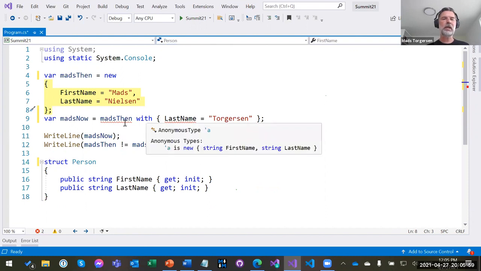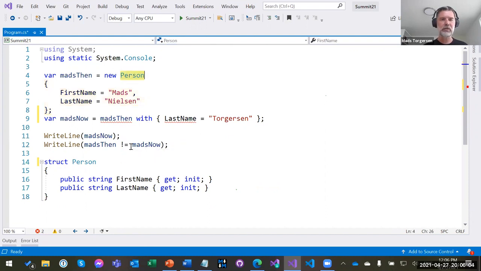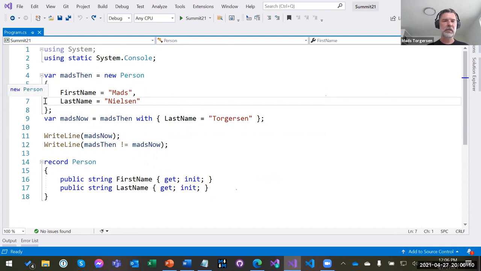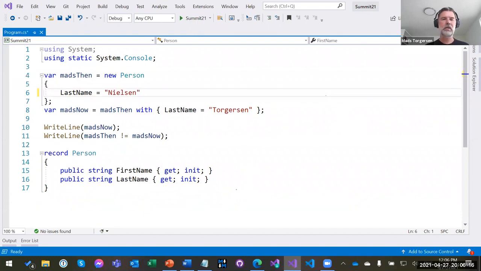So one thing that is a problem with records today, so let's actually just backtrack a bit to the code that actually was able to compile before, is that I could just not specify a first name and no one would complain. I would just get the default value of the first name, which is null.